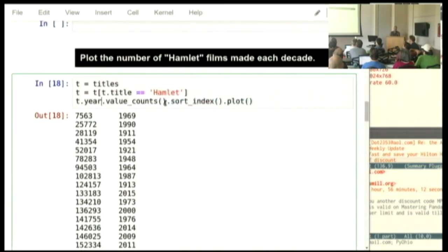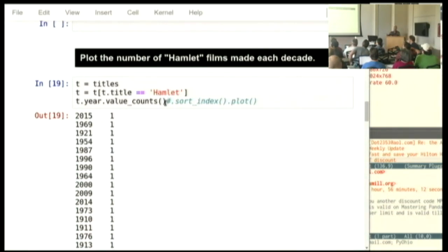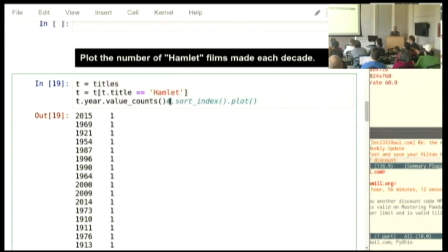Notice what I'm doing. I'm going back through my work, and whereas in other languages I'd have to add a bunch of print statements and take a bunch of things out, here I'm just able to carefully, one step at a time, iterate on a single cell because I'm in a notebook. Okay, value counts. Okay, made each decade. What surprised me is that the line was straight, and I was expecting it to go up and down. But never has there been more than one Hamlet in a single year. Why? Because the IMDb would have called the second one Hamlet parenthesis 2. You know how they put those Roman numerals to disambiguate?